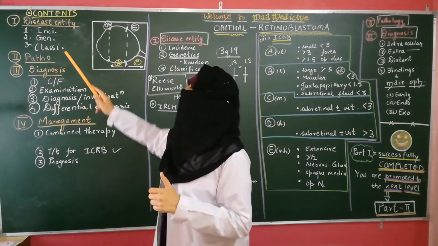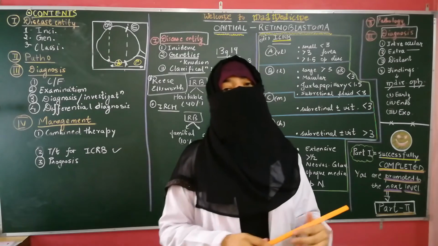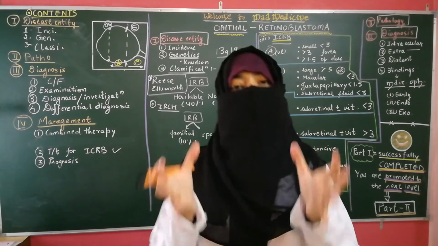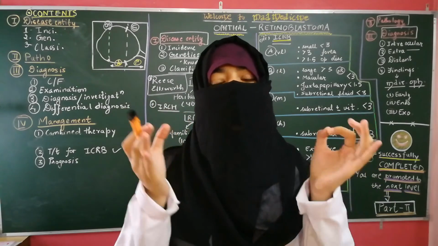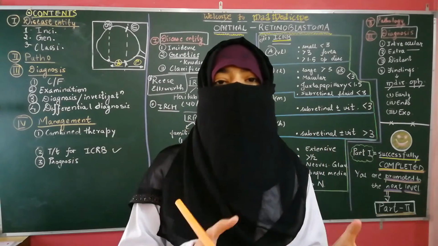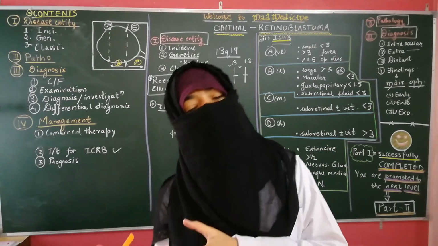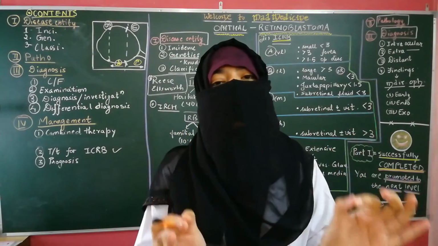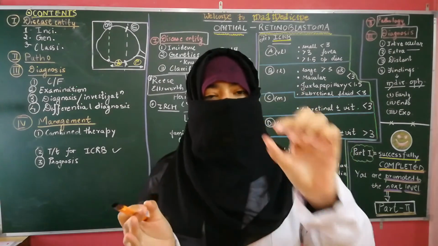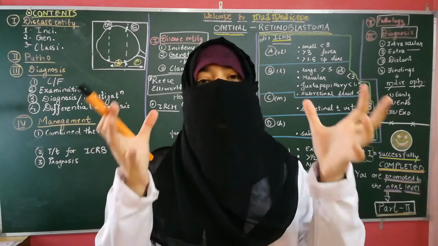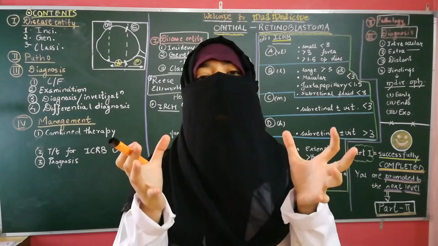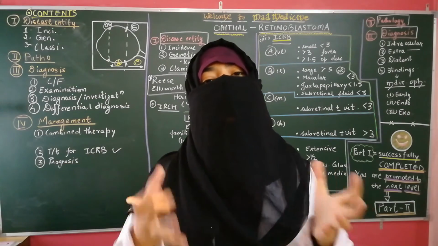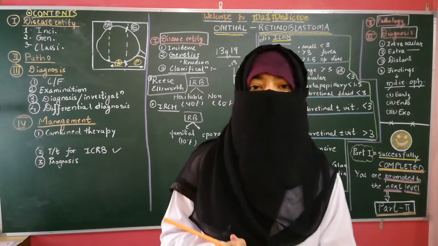Now let's come to the pathology part. Pathology, we very well know that these are derived from retinoblasts, which are immature cells, which are sort of neuroectodermal in origin. And these compose the small round blue cells, that is the small cells which have a large hyperchromatic nucleus. And so let's have a review of other small round blue cell tumors of the body.